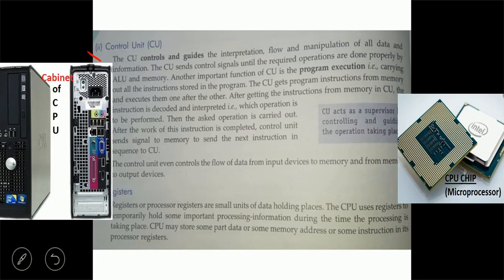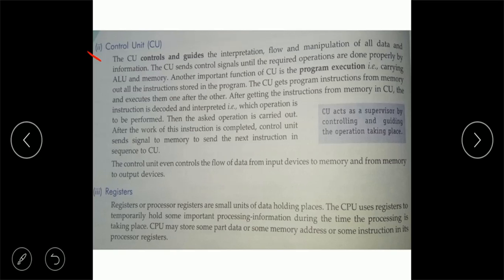But suppose the CU is not there, then what will happen? If you type or click to do something, then some other thing will happen. You have typed A, then the screen can display B or C or any other thing, means without control. That's why the control unit is important. The control unit manages and coordinates all the other units of the computer to function properly.